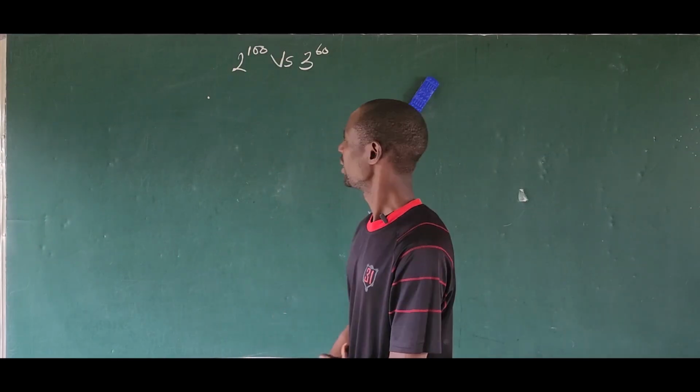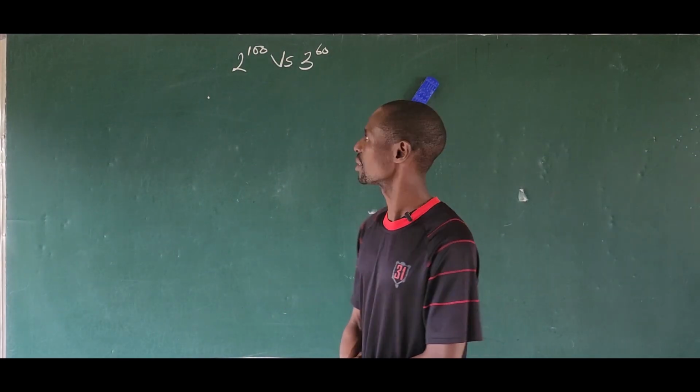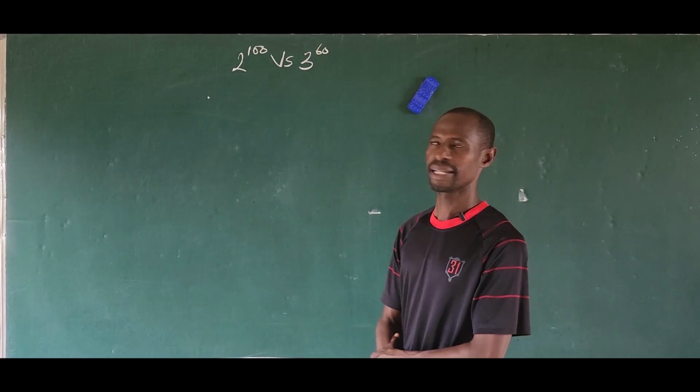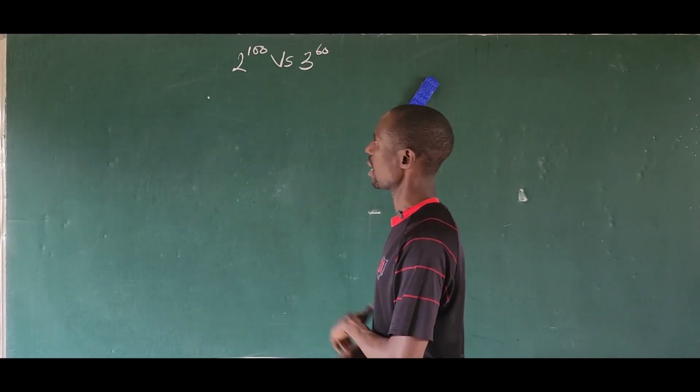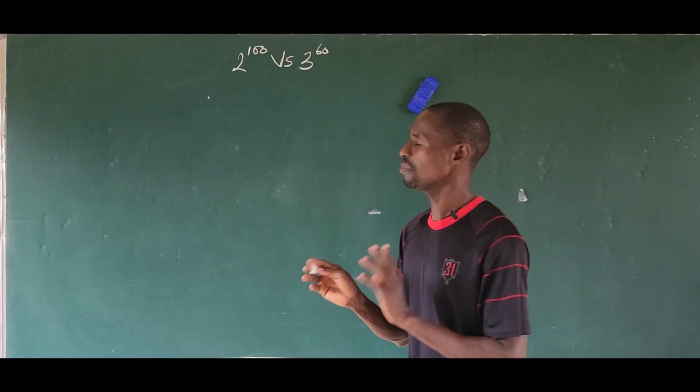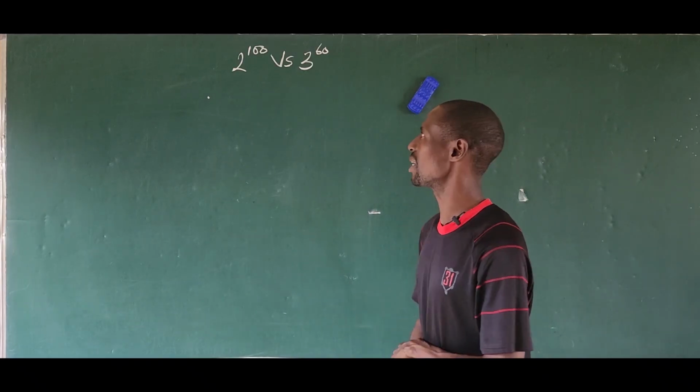Hello, welcome. Here we have this expression: 2 to the power of 100 versus 3 to the power of 60. Which is greater? So we're going to use some simple logic in actually getting the value which is greater,